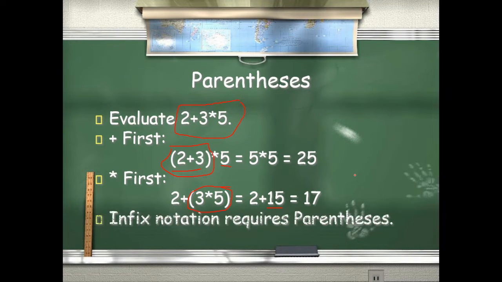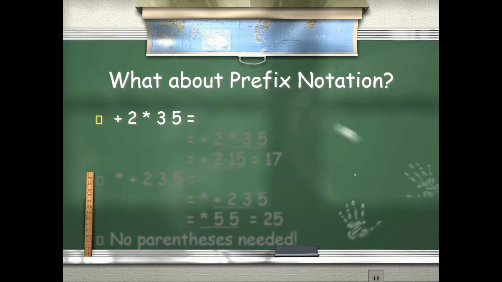So try to understand that any infix expression, where the operator is in between operands, requires parenthesis. What about prefix notation? If a particular expression is given, you can see here that this is prefix. The operators are before the operands. So how are you going to solve it? As the parentheses are not mentioned and you know that this star is there, you will multiply this 3 into 5 first as 15 and then you will add this 2 over here. So as this star has higher precedence here, you are going to evaluate it first.